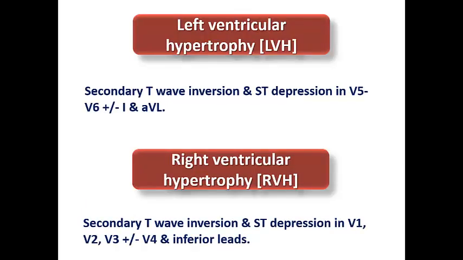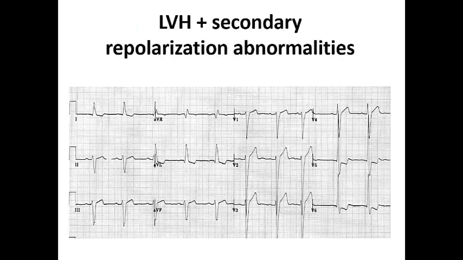So, for example, in LVH, they usually occur in the left precordial leads, V5 and V6, plus or minus lateral leads 1 and aVL, whereas in RVH, they usually occur in V1, V2, V3, plus or minus V4 and the inferior leads, and of course, it makes sense according to the site of the hypertrophy. So, for example, in this ECG, we can see the voltage criteria of LVH represented by the Sokolow-Lyon index plus asymmetrical T wave inversion and ST depression in the lateral leads due to secondary repolarization abnormality to